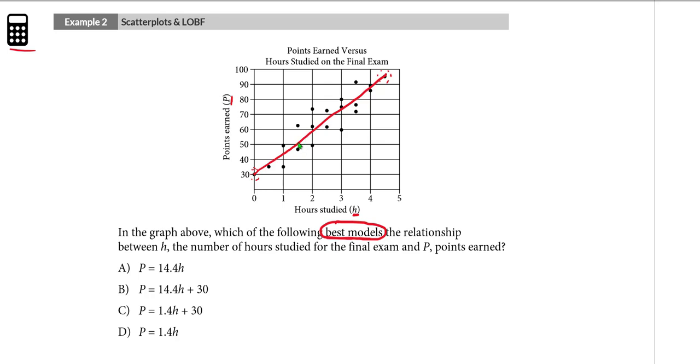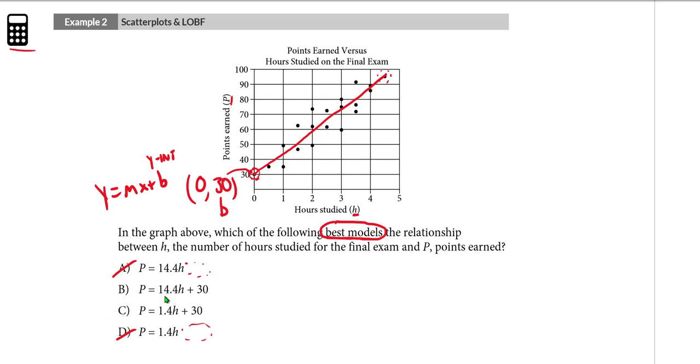I'm going to do this in a slightly more piecemeal way, where I simply look at the y-intercept. So right there, that point is 0 comma 30. So I know that b, the b in my y equals mx plus b, that b is the y-intercept, and I know that my y-intercept is 30, so I know I have to have a 30 in that b position. Answer choices A and D do not have a 30 in the y-intercept position. They have zeros in the y-intercept position, so answer choices A and D can go,